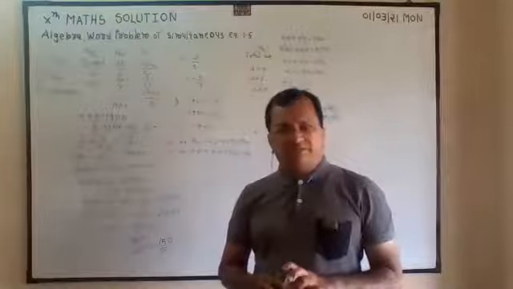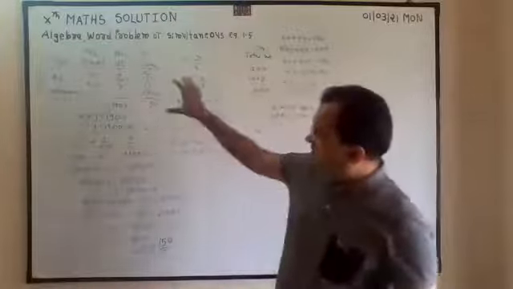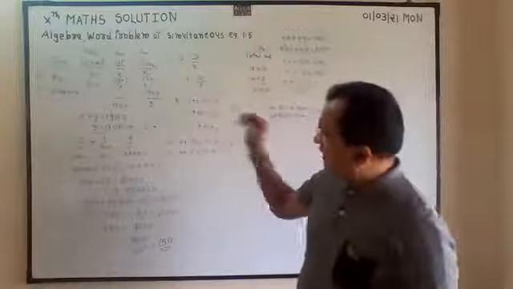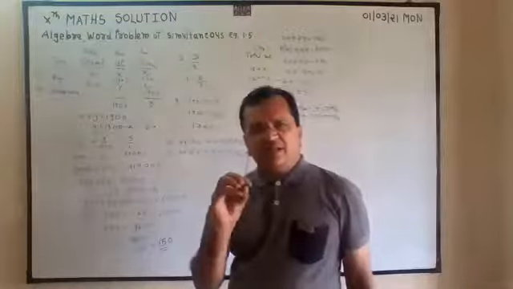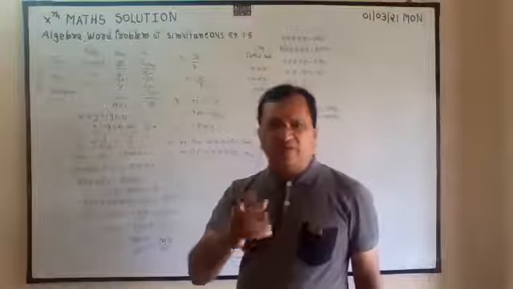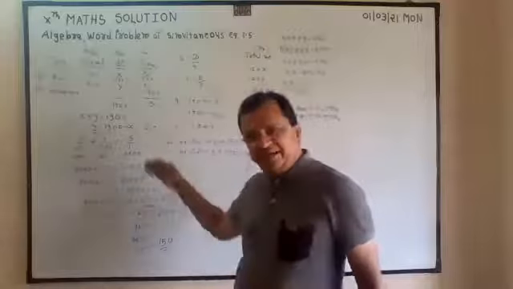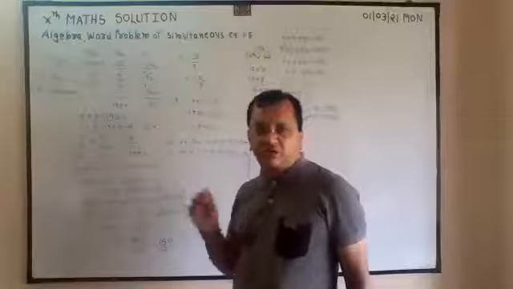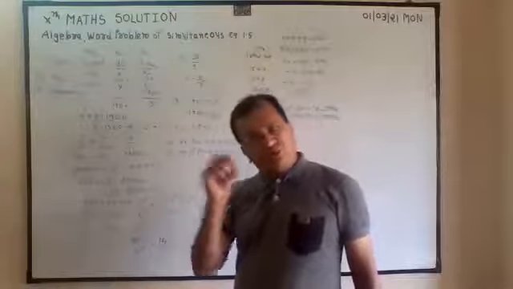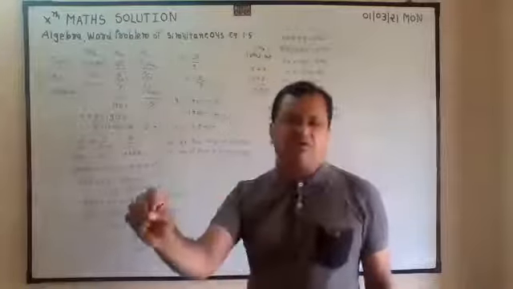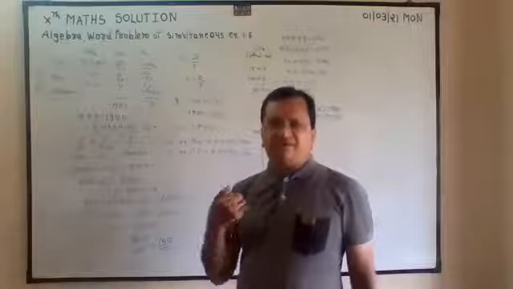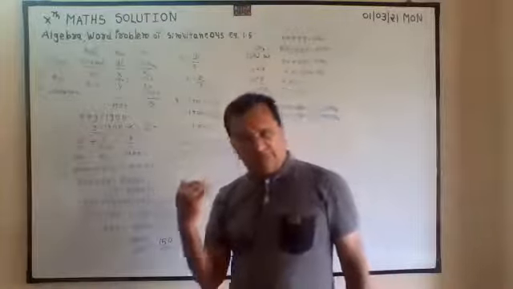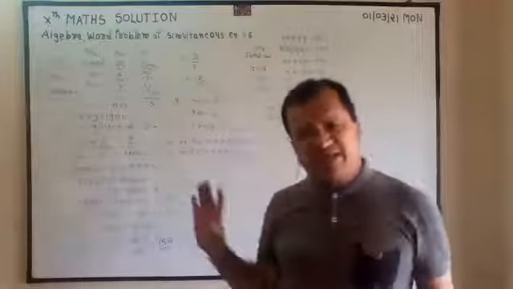So by table form, very easily you can substitute, and which are very easy equations that you can convert into x form or y form. And in the next big or complicated equation, you can substitute x or y. If you substitute x is equal to, you will get the answer of y. If you substitute y is equal to, you will get the answer of x. So this is a very easy method.